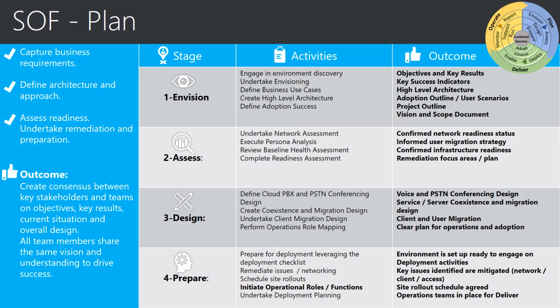For example, whether you're delivering Skype for Business to 100, 10,000 or 100,000 users, you need to have clearly documented the objectives of the project and the key results expected, and the key success indicators to clearly set direction and to understand what needs to be measured to achieve success. Just roll it out does not provide that clarity or the correct level of executive sponsorship to drive the project